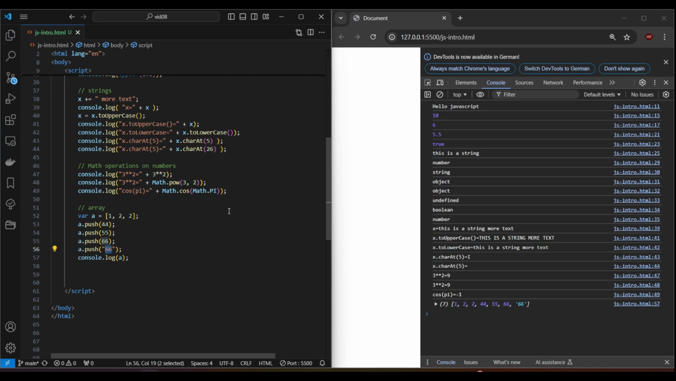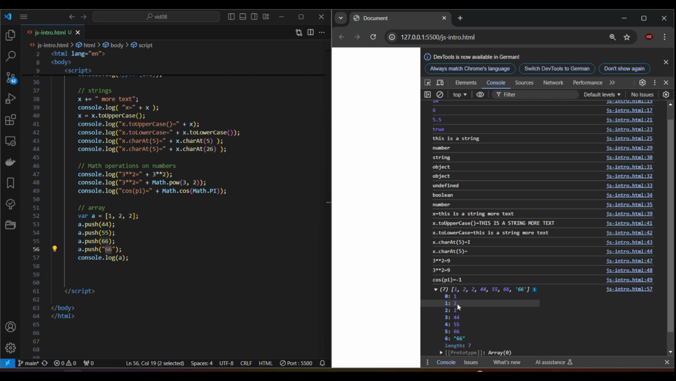We can push even strings to this array. As you can see here, it's different. It's not like we learned in C++ or Java where all the elements of the array should be of the same type. So here we can mix types. So here we have some numbers and then strings, and we can even push objects to it, as you can